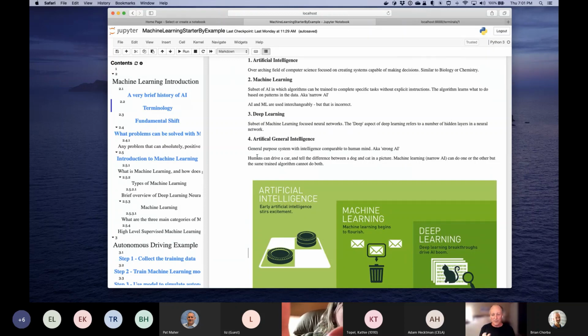All right, so let me break up artificial intelligence, machine learning, and deep learning. So artificial intelligence, I think of it as that overarching computer science field. I think of it as like when someone says they're in biology or they're in chemistry. So it's that overarching branch of computer science that we focus on how can we make decisions with machines. Now, I know we like to call it artificial intelligence, but when I think of AI, I like to think of it as augmented intelligence.